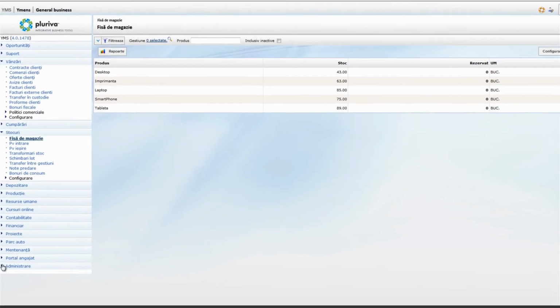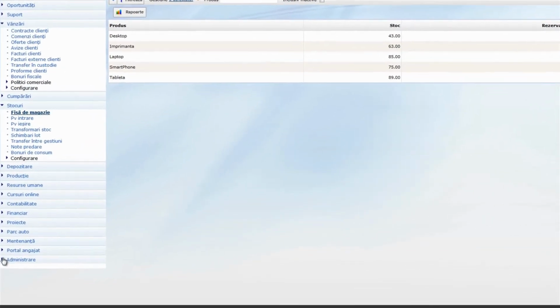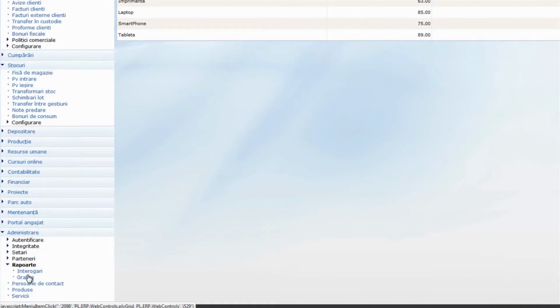If you wish to view the company output status, go to the Management module and select Outputs within the Charts section. Here you can choose the information you need according to the desired result.